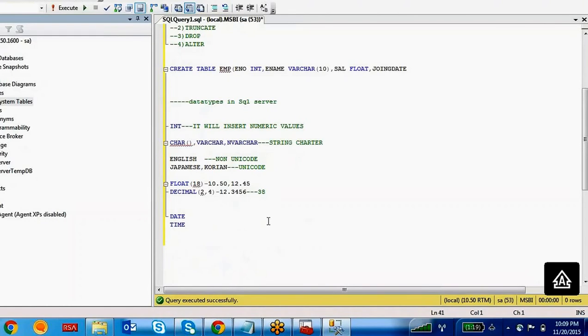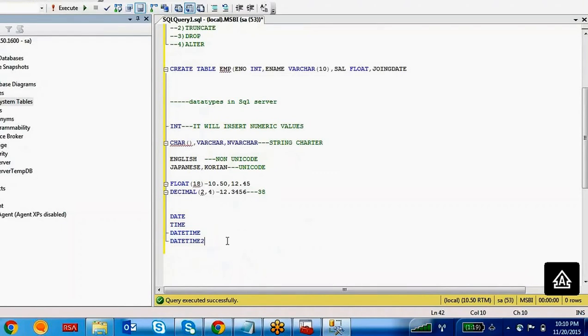If you want to insert a combination of date and time both, then use datetime. There is one more data type, that is datetime2. What is the difference between datetime and datetime2?